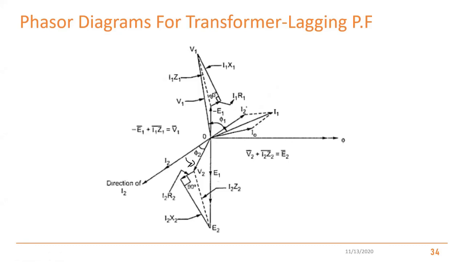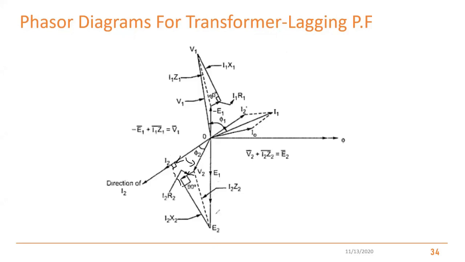Okay, so which means it is at the phi2 angle from here. So you can determine the V2 phasor. Then I2 and the I2 R2 phasor should be parallel. So the I2 X2 phasor should be perpendicular to the I2. Okay, so if you extend, this one should be 90 degrees. From that you can obtain the I2 X2 phasor. So again, as earlier, V2 plus the I2 R2 phasor plus the I2 X2 phasor should give the E2 phasor, which is 90 degrees lagging our reference phasor.